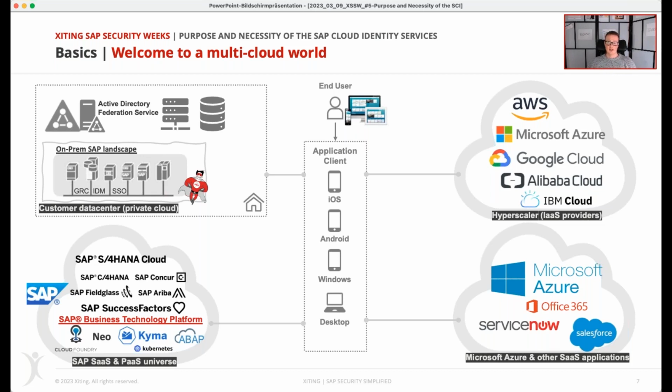This is a common use case because customers connect multiple applications to their Azure platform, which provides many services and operates as a hyperscaler as well. So replicating and persisting user data in Azure AD is essential for efficient and secure identity management in this environment.